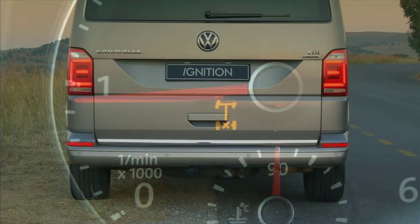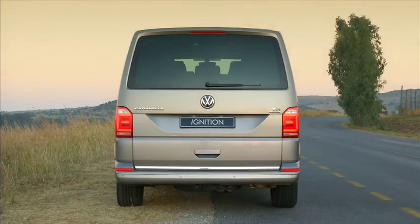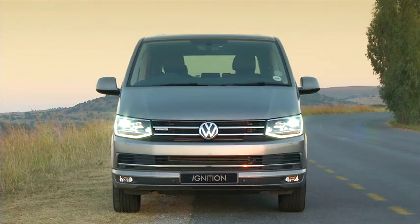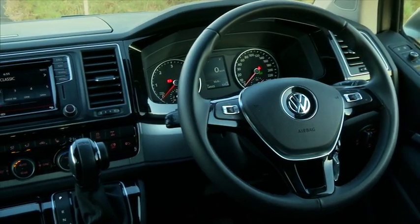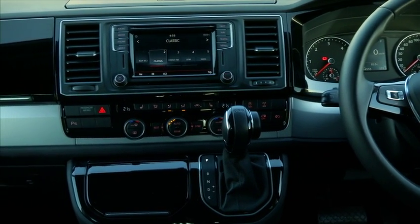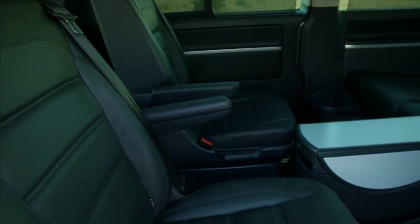All this, for a standard price of 870,000 Rand, may not seem quite cheap, but considering the competition in these cars, all the cars are quite expensive. But for that price, the Caravelle is still cheaper than most luxury SUVs, and I personally would opt for this type of car because you can just do so much more with it whilst having your family and friends